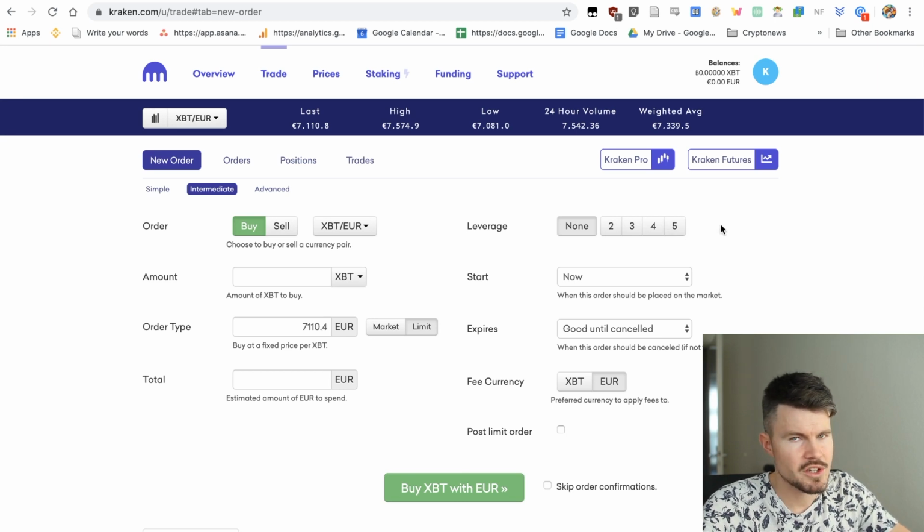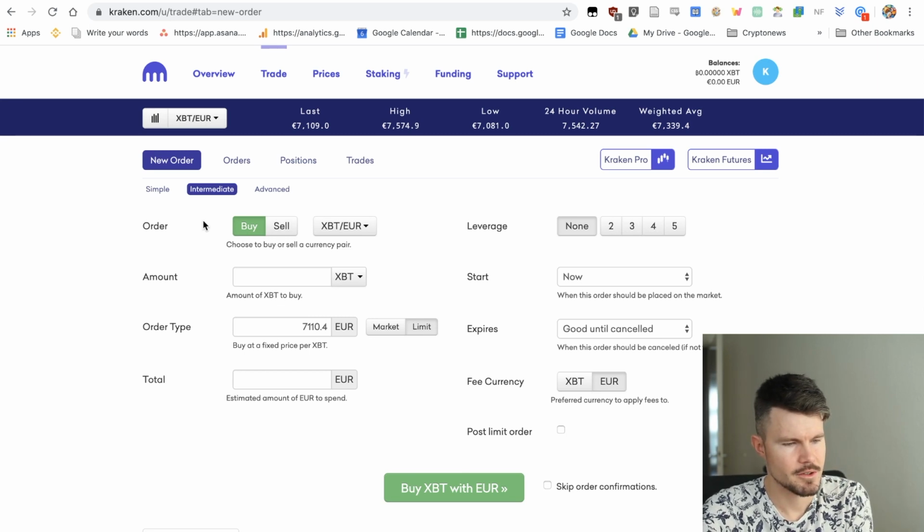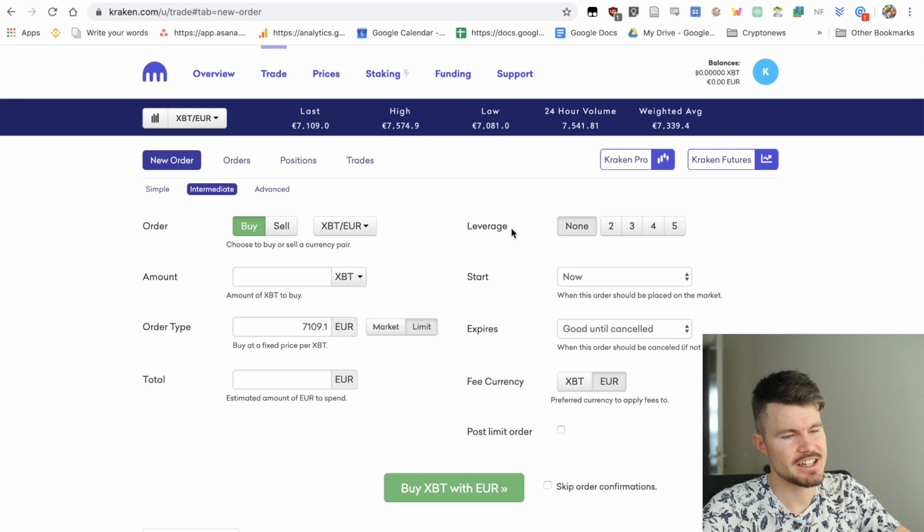What that means in simple terms, if you're trading with 1,000 US dollars or 1,000 euro and you've got a factor of 2, leverage of 2, that means you'll be trading with 2,000 euros. And with 5, you'll be trading with 5,000 euros. So you could, by putting 1,000 euro on your account, buy Bitcoin for 5,000 euros or sell Bitcoin for 5,000 euros. The main downside to leverage trading is it's a lot more risky, and